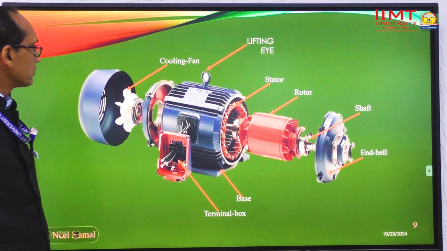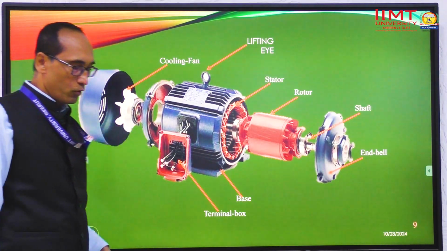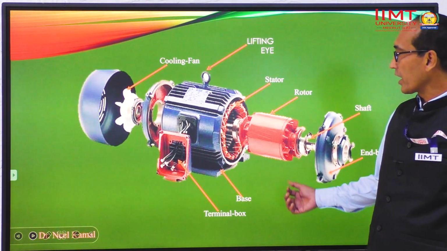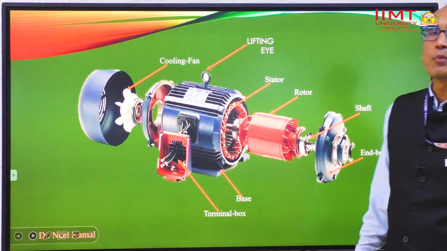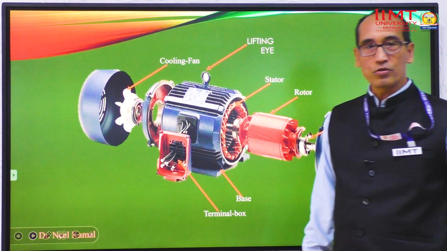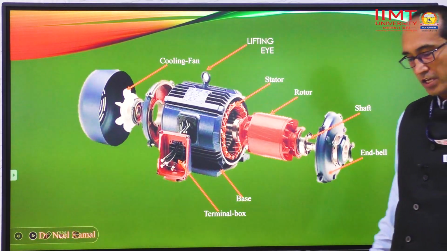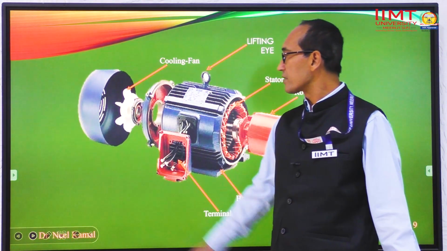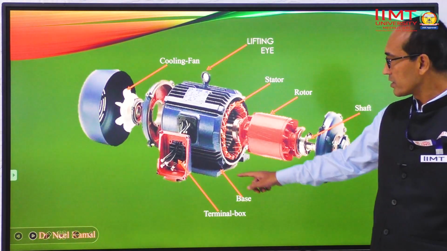General construction, starting from this part: the cooling fan. Because in the induction motor we have stator and rotor windings, there will be different types of losses inside this induction motor, known as copper loss and core loss. Due to these losses, heat will be dissipated, and this heat we have to remove from the system. So we have the cooling fan system here, and again this is the terminal box,